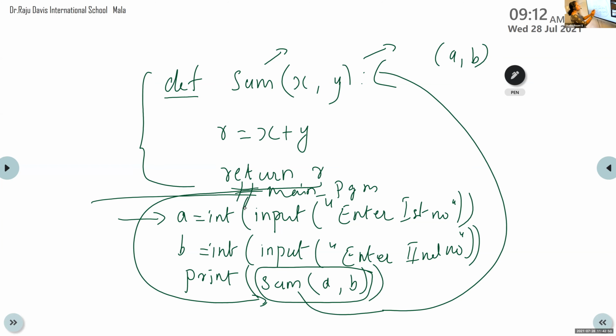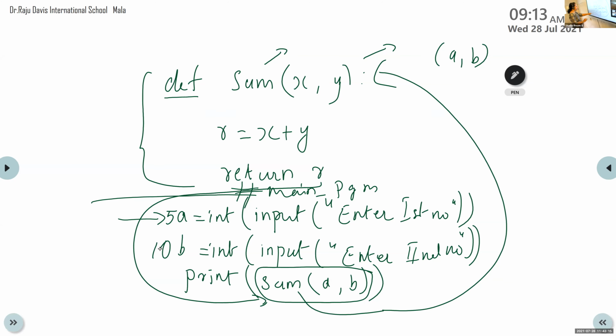So we can insert one integer value from keyboard, and that value is assigned to a. If I am inputting 5, this 5 is assigned to a. Then it will execute the second one, enter second number. I am inputting another integer, 10, and that 10 is assigned to b.